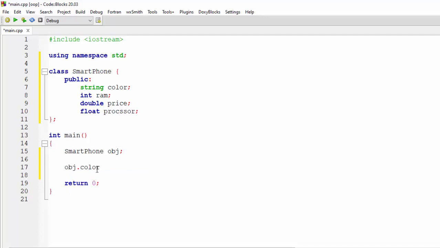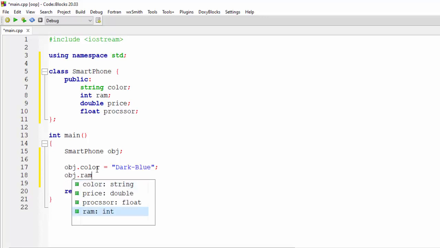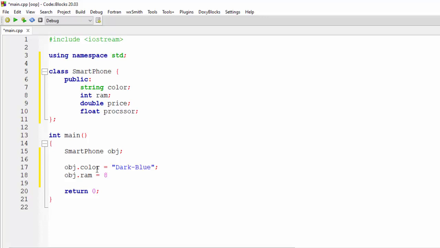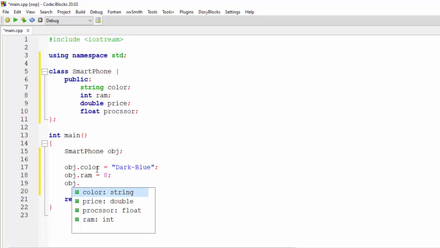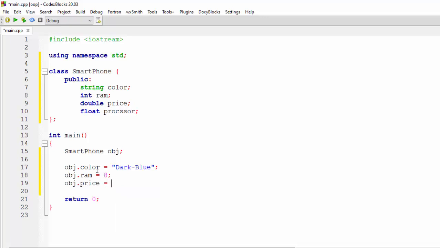So I can set the color. I will set the color as dark blue. After that I will say obj dot RAM is equal to 8 gigabytes. After that I will say obj dot price is equal to 85,000.